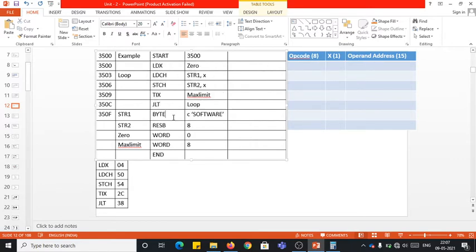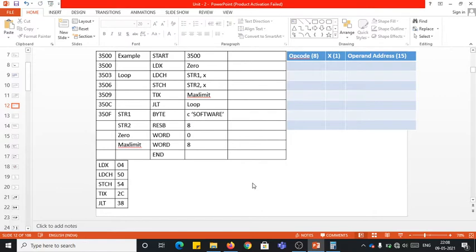Now this is BYTE, which is an assembler directive instruction. As in our previous example, in case of BYTE, first you need to find out the length of the operand, based on which you assign the address. Here the operand is the word software, and if you count 1, 2, 3, 4, 5, 6, 7 and 8, there are totally 8 characters. Every character requires an individual ASCII number, and the length of that ASCII is 1 byte.